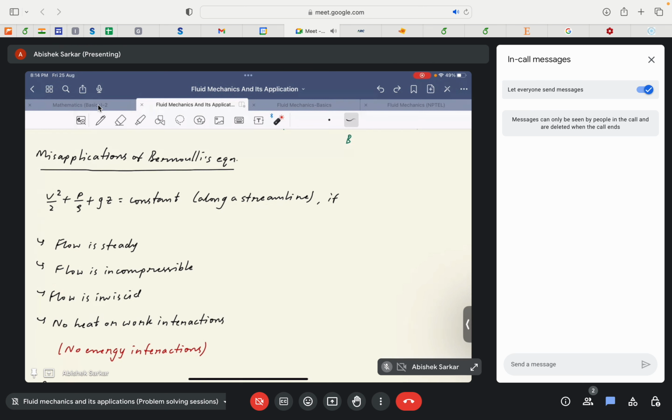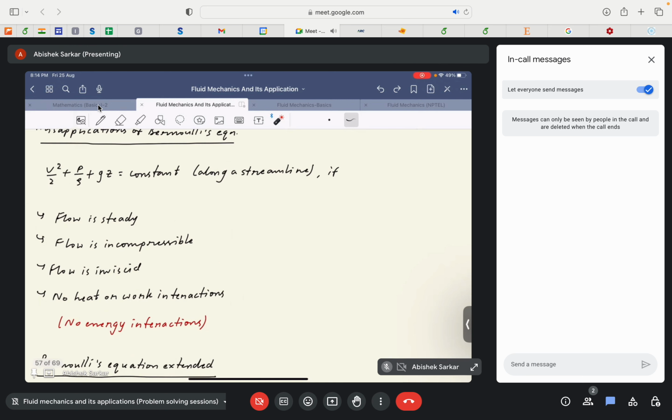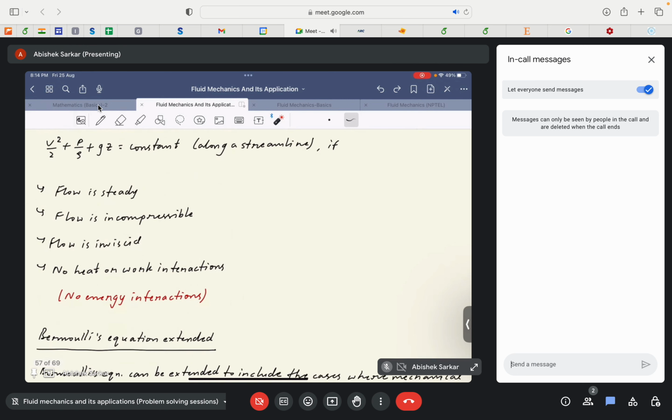This exclusive form, or the most popular form of Bernoulli's equation, remains valid only if these assumptions are rightly satisfied. Again, this work interaction ensures that there is no additional external work. We may confuse it with the pressure work that the flow has to undergo to pass through the channels, but to mention exclusively, these are external work,